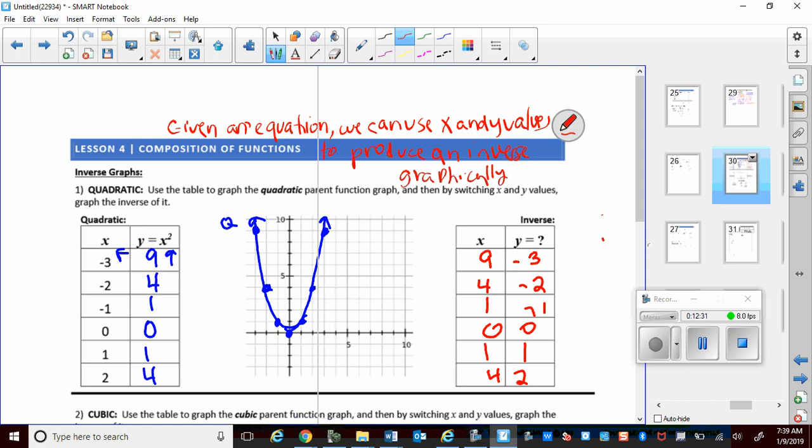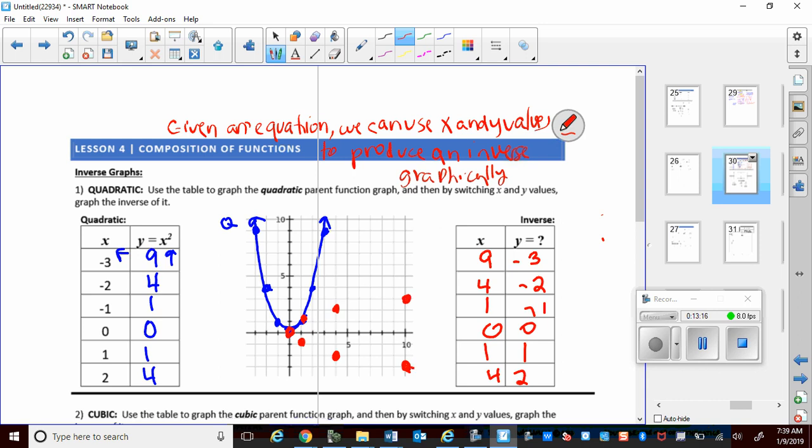So I have right 9, down 3, make a point, right 4, down 2, okay, right 1, down 1, and then here at 0, 0, I have a point. Then right 1, up 1, right 2, right 4, up 2, right 9, up 3,